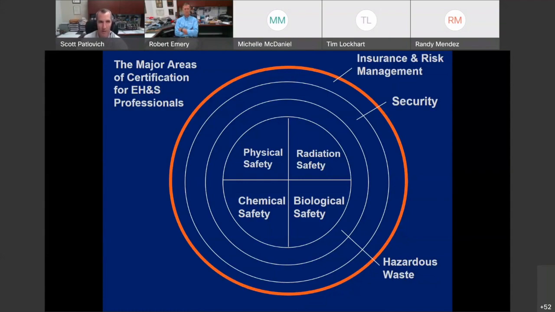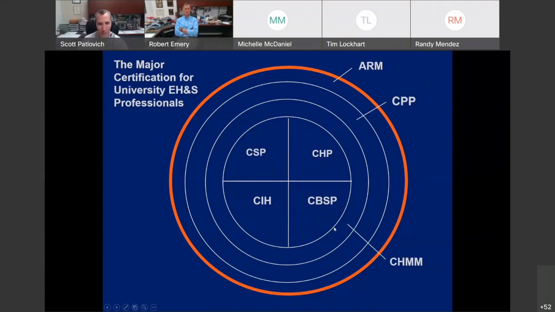You would need to consider what major areas of certification are available in these various different fields. And this target approach is kind of fun, because if you look at some of the things that are more common to different work settings, things like risk management and insurance, security, hazardous waste management are a little bit, quote unquote, universal, if you will, where some of the more specialized disciplines might be a little bit more specific for institutions that conduct specific types of work or research or clinical care activities.